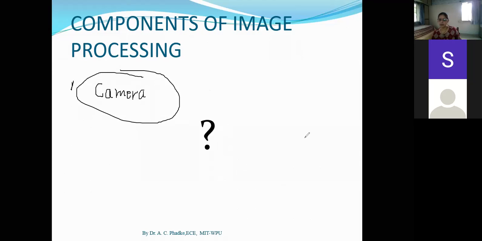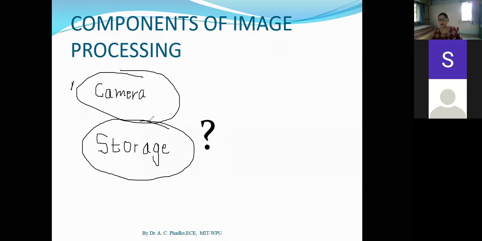So Manas has answered, a component which can compare the face recognized with the one saved in the database. Okay, so this is very correct, Manas. So what is that component? In day-to-day life, you are using that component. Yes, Sai, your answer is correct. You need some storage system. You need some storage device to store your captured data, and even for storing processed data, you need some storage. So this is one of the components.